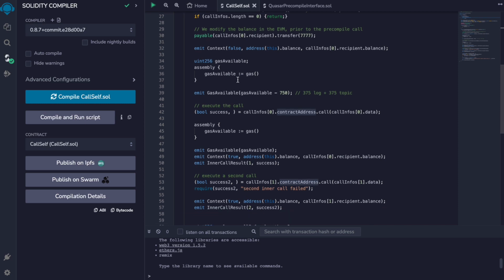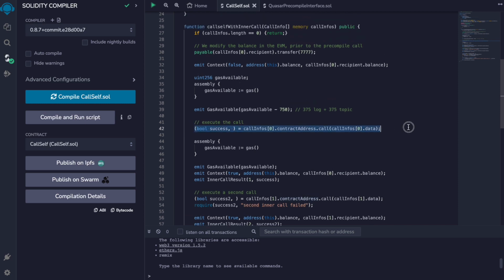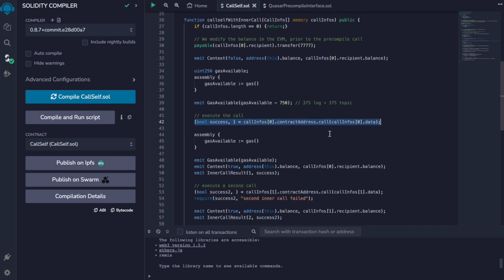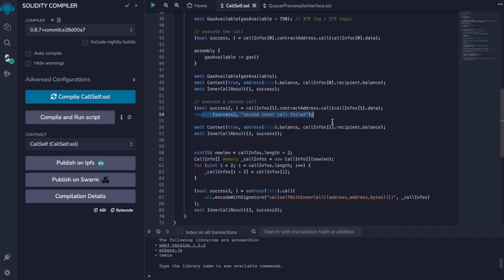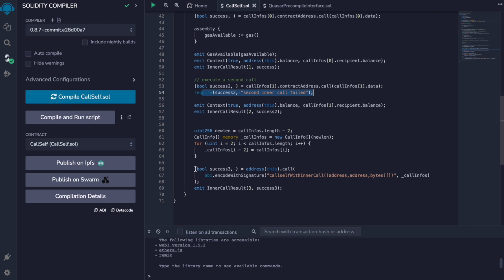It will make one call here and then a second call here, and the second call needs to succeed, otherwise this current call will fail, and then it makes a final call to itself again with the rest of the call data array and just logs the success or failure of this inner call.